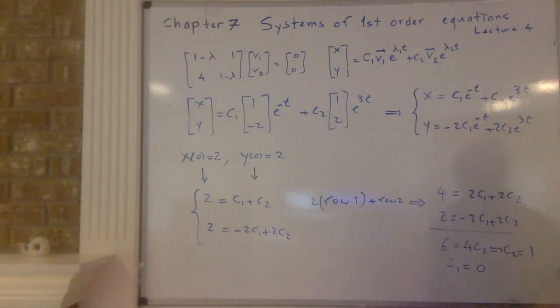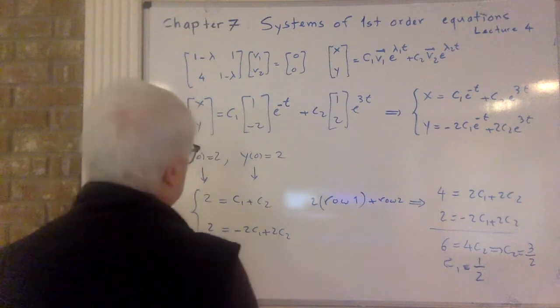C2 will be 3 halves, and C1 will be, what's that? C1 will be 1 minus 3 halves, right? No, 2 minus 3 halves, that is 1 half. Let me double check. 2 minus 1. Okay, so